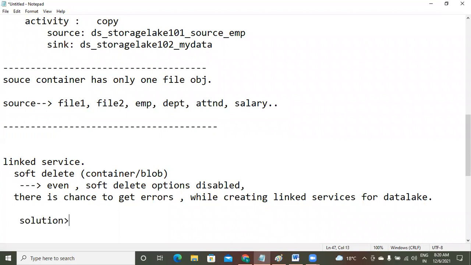So what is the solution? Assign the role. What is that role, sir? Storage Blob Data Contributor